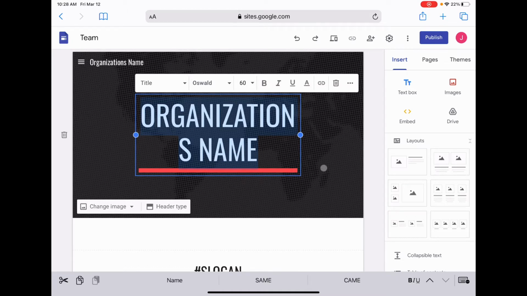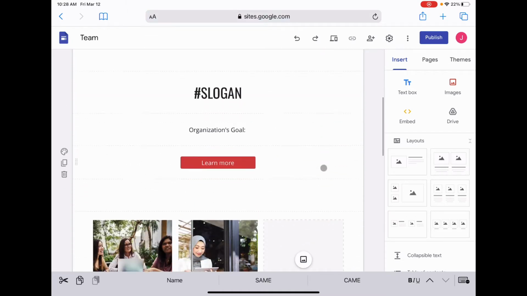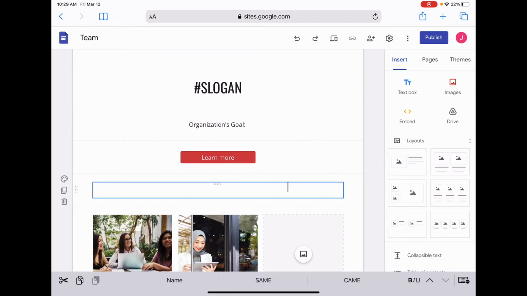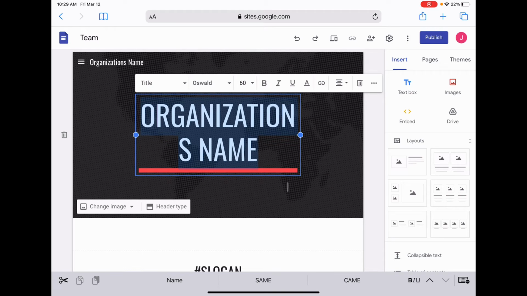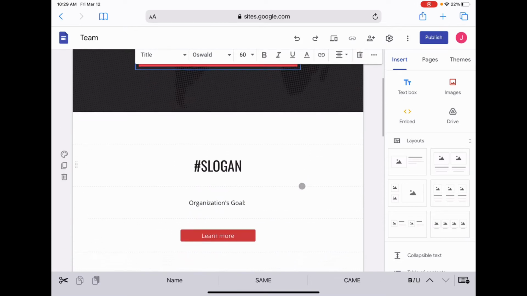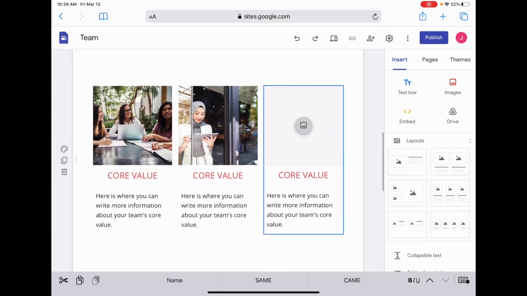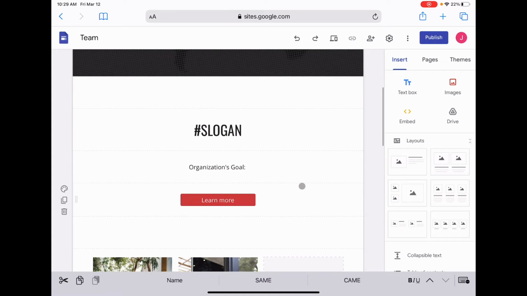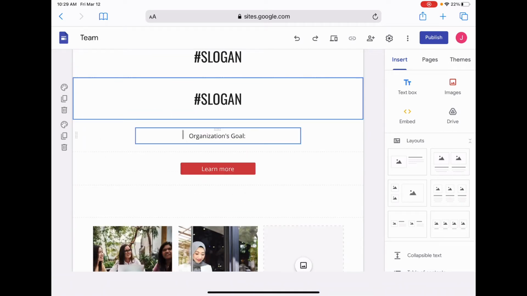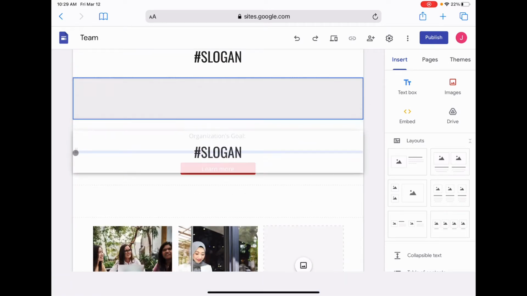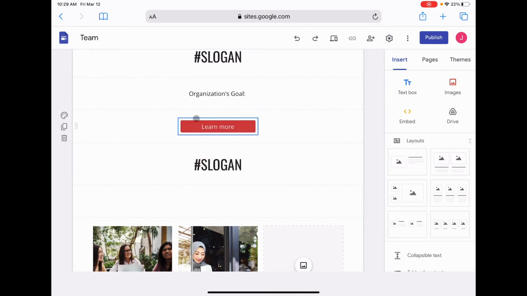Now, there are two different things you can do. You can add other sections to this to have it be a one-page website, which means that you start out at the top with the overview of your organization, and then you just scroll down. Next you could add another section. Maybe we want to copy this section, so I'm going to duplicate. Go here to the left, duplicate, and then drag that down. I'm going to delete this learn more section.